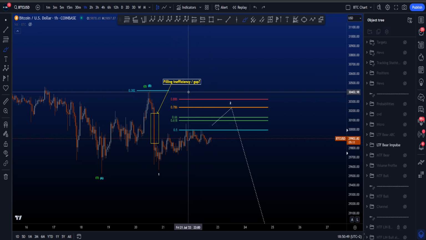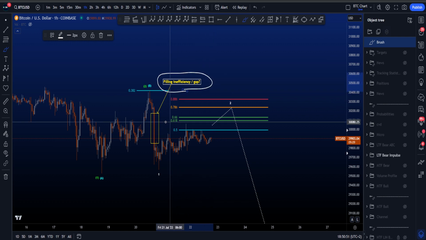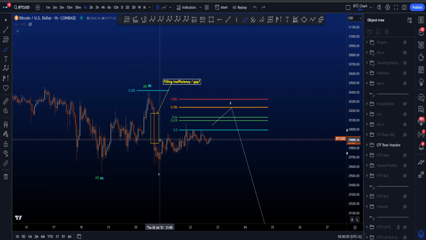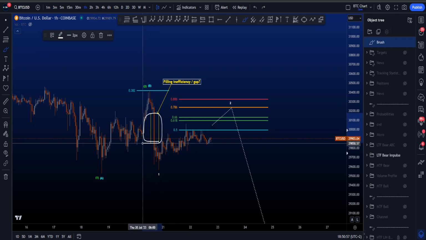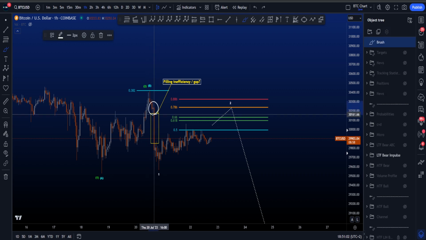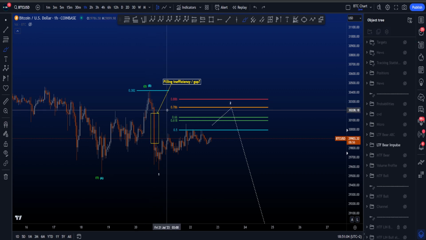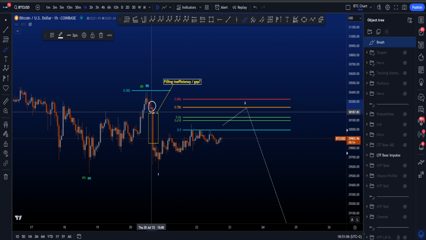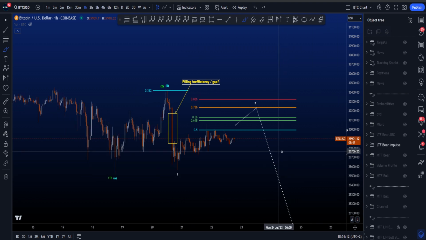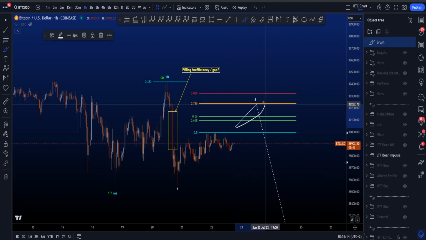Which would also be nice to fill the inefficiency, the gap, the fair value area, whatever you like to call it over here, because you can see there is not much structure over here. Price moved down in a straight line, but you do see a bit of an order block over here, which is that one green candle on your chart, gray candle on my chart, around 30.2k in confluence with the 786,